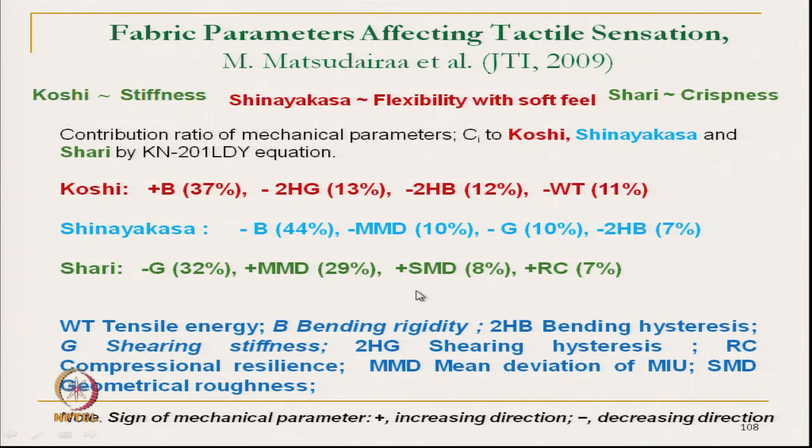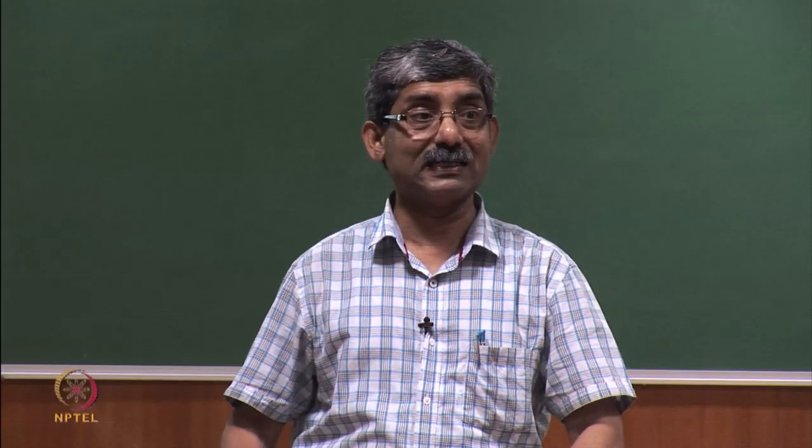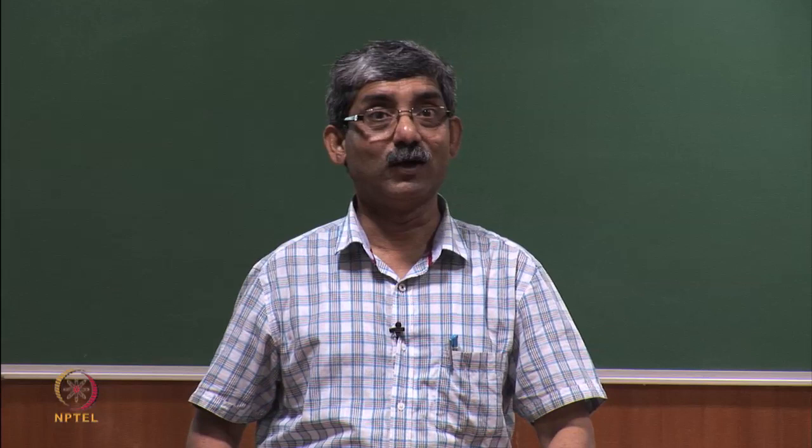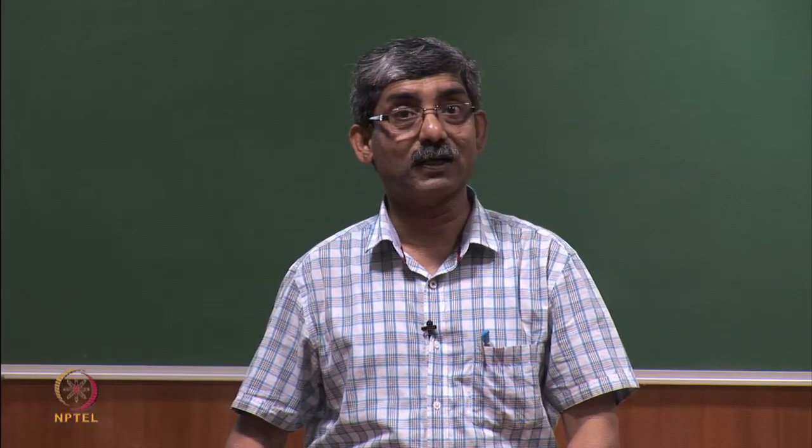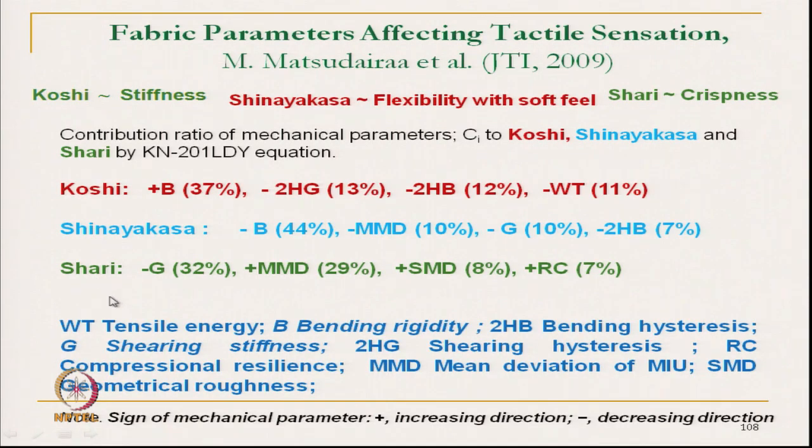Shari, and SMD's contribution is 8%. What is SMD? It is the geometrical roughness. So, if the geometrical roughness is high, it will give us a little bit of crispness. The maximum contribution is the shear stiffness. So, lower shear stiffness will give us a higher Shari value, and higher MMD will give us a higher Shari